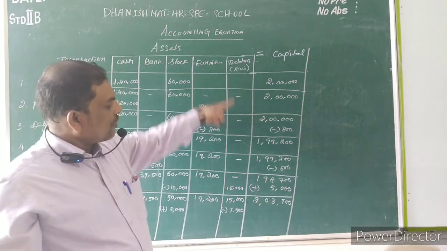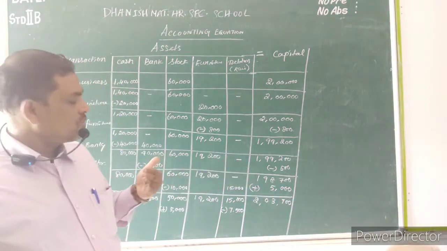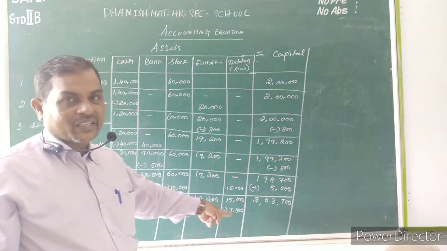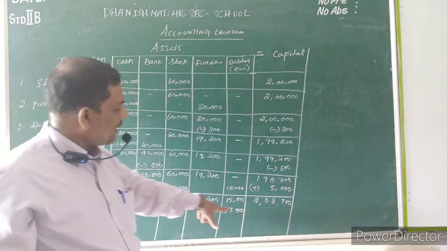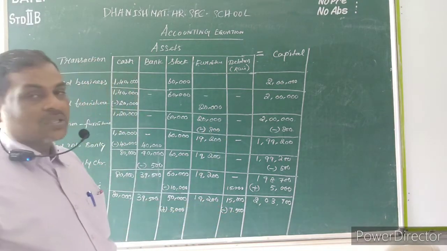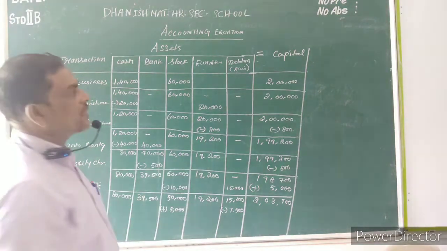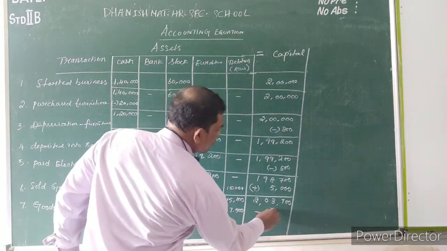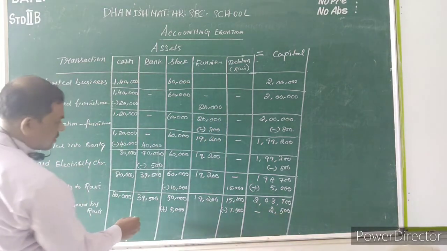Okay, Ravi, you are selling the goods to Ravi 15,000. Now he is returning the goods 7,500. So that's why I deducted. So what is the difference? See, all are assets only. Minus 7,500 plus 5,000, minus 2,500. Minus 2,500. Any loss will be deducted in the capital. Minus 2,500. Now you close it.